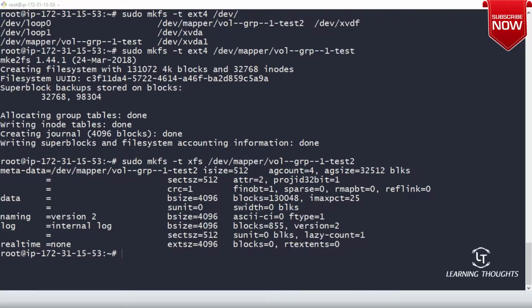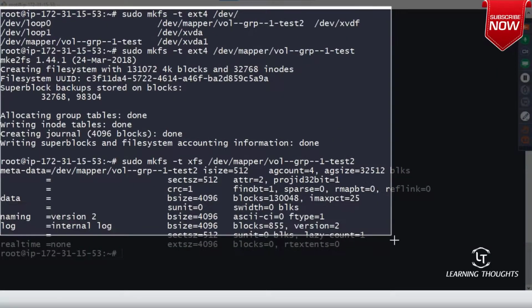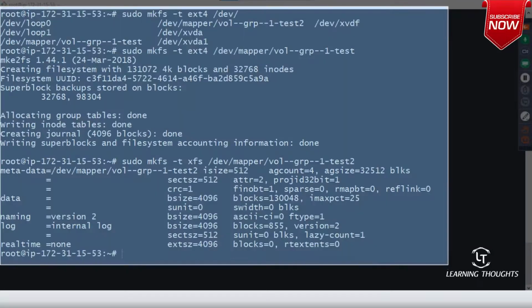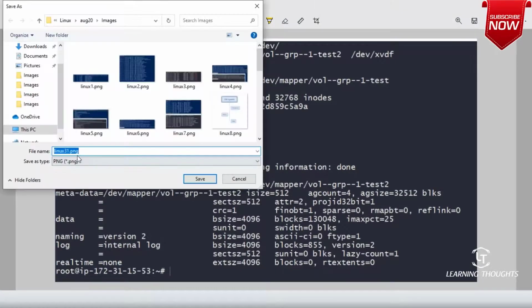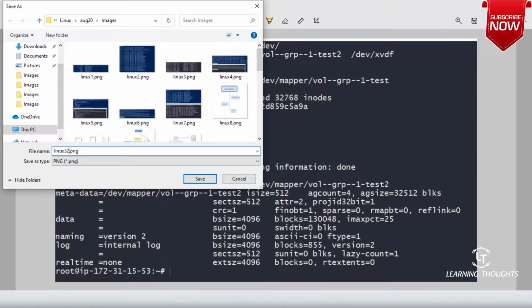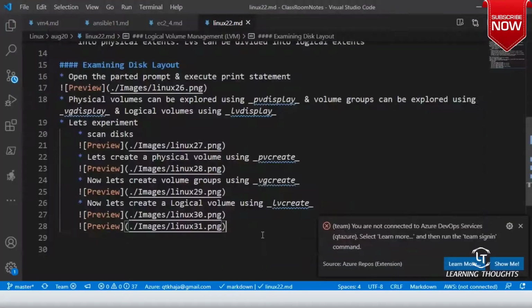Now you can mount these volumes wherever you want. So from one disk, I have created two logical volumes. Now create a file system in the two logical volumes and mount them as per your needs.